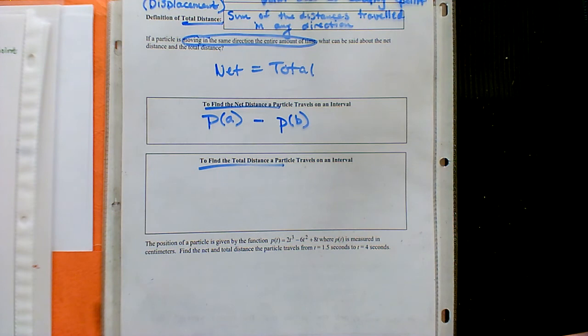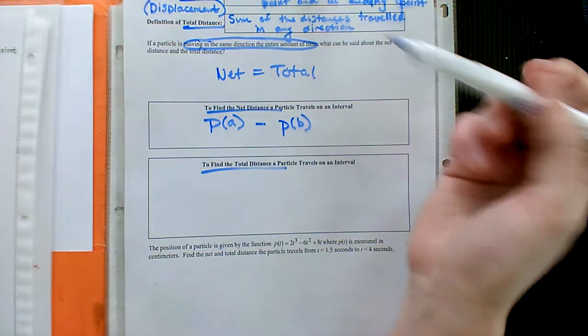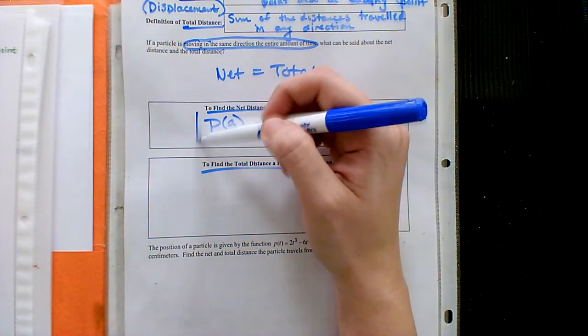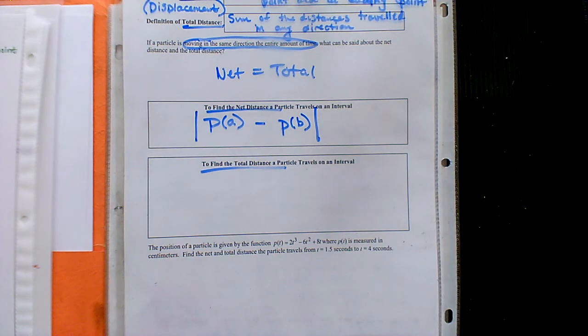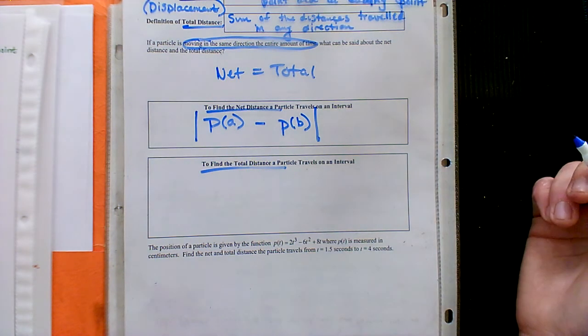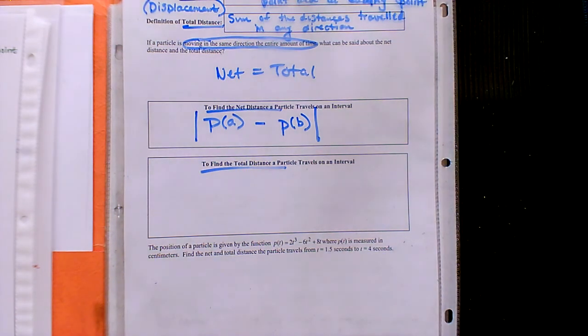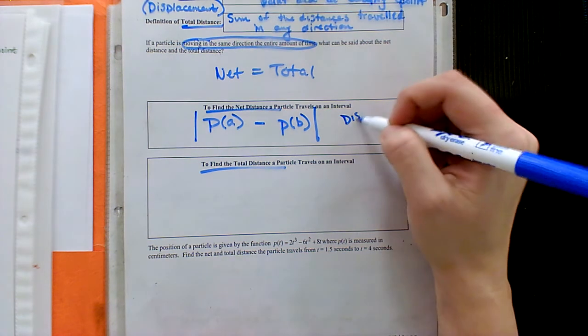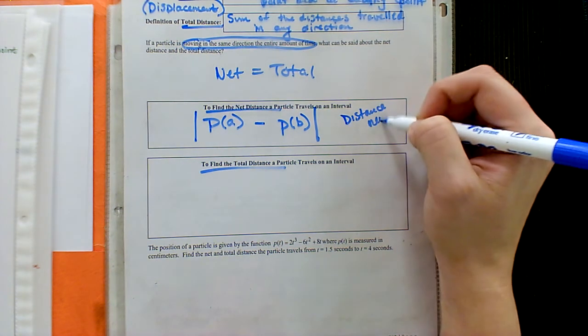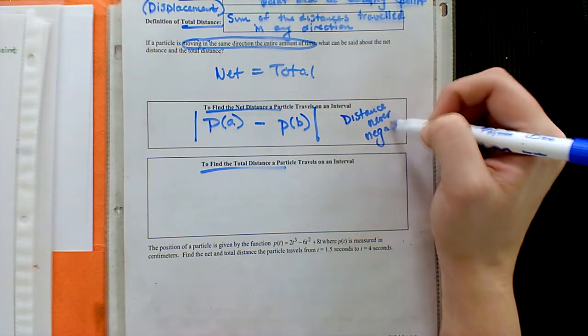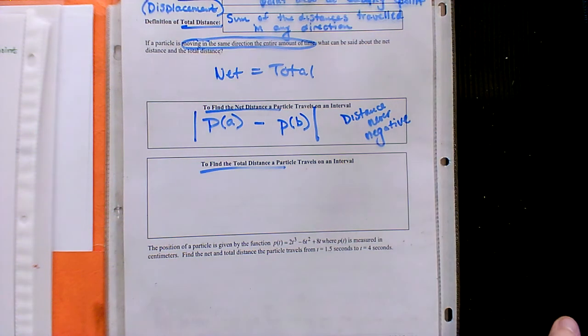And what do you have to do to those two values to get the distance between them? Subtract. Okay, now distance is never negative. Okay, direction could be, but distance is not. So if this value happens to be negative, we're just going to ignore it, meaning take the absolute value of it. Maybe we'll write distance never negative. Okay. All right, now total distance on the other hand, let's assume we do have that changing point.